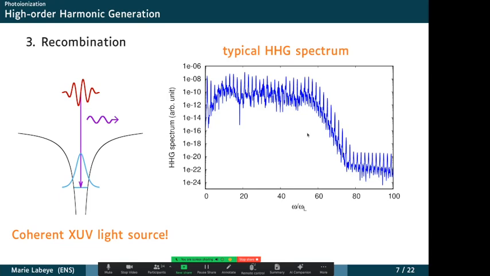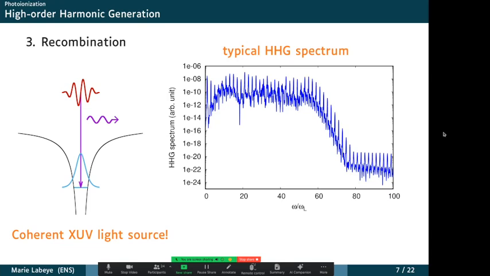And the fact that it's only harmonics that we see, it's really a Fourier transform property of the fact that the process repeats itself every half cycle of the IR incoming laser, with an opposite sign each half cycle, and so in that case, with symmetry relation, it's only odd harmonics. It's maybe a bit technical, but I can discuss more if you want.